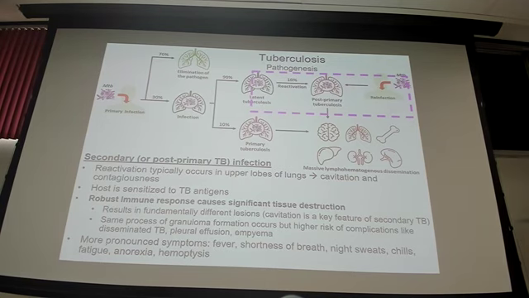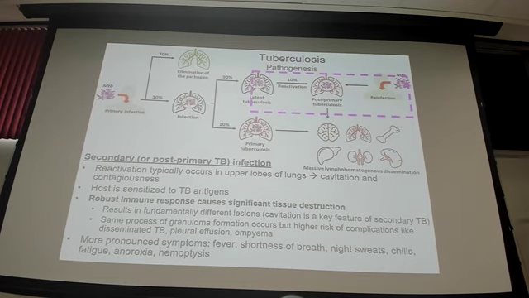Alright. Lastly, let's talk about secondary or post-primary tuberculosis. When we think about secondary tuberculosis, we usually think about reactivation, when those granulomas have given way and viable bacteria start replicating actively in the lungs again. That is possible for secondary tuberculosis, but you can also get re-exposed to another person and they can transmit the bacteria to you for reinfection. So that too will cause a similar pathology. You're not immune or resistant to getting a new infection.